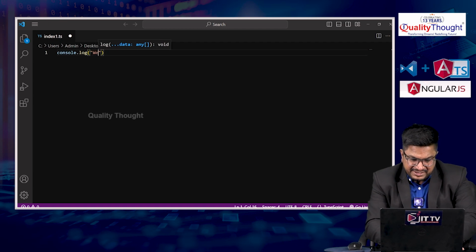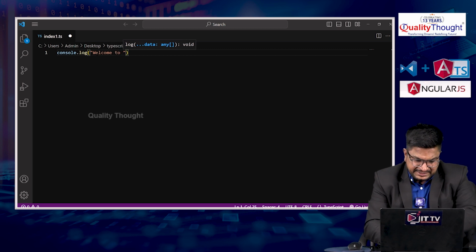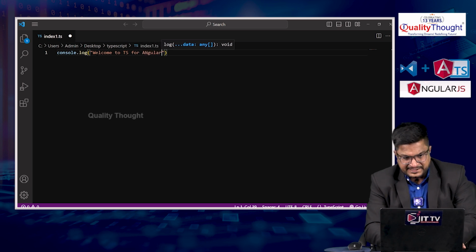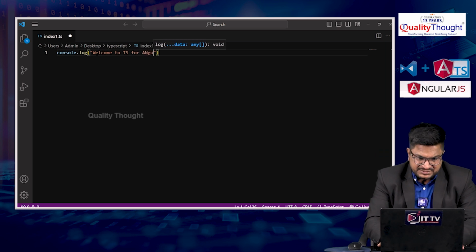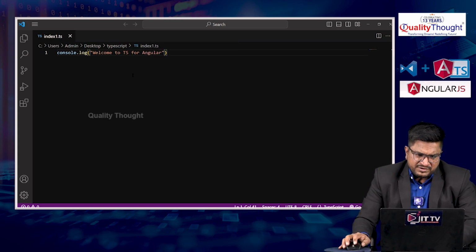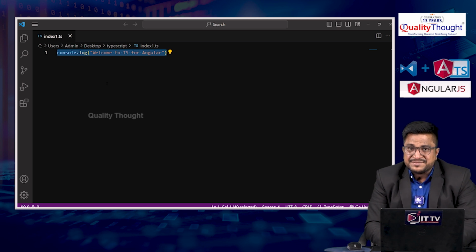Console.log, and I am writing "Welcome to TS for Angular". Then save that file. Now if you notice, whenever you are directly working with the TypeScript programming language,